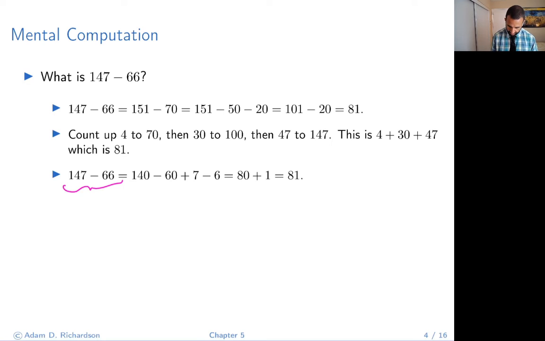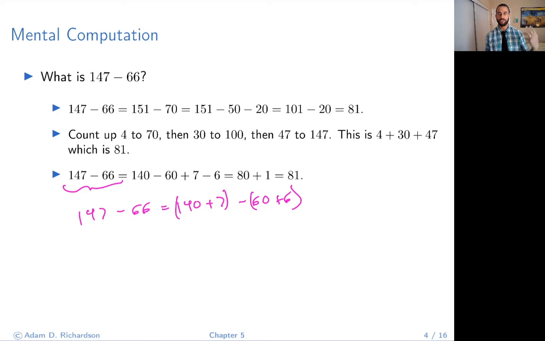So let's see. Let me write it like this. Let me validate that this is correct. 147, or verify, I guess it works too, verify. So 147 minus 66 is the same as 140 plus 7 minus 60 minus 6. Actually, let me put an intermediate step there. There we go. So what I did was I rewrote 147 as 140 plus 7, and then 66 as 60